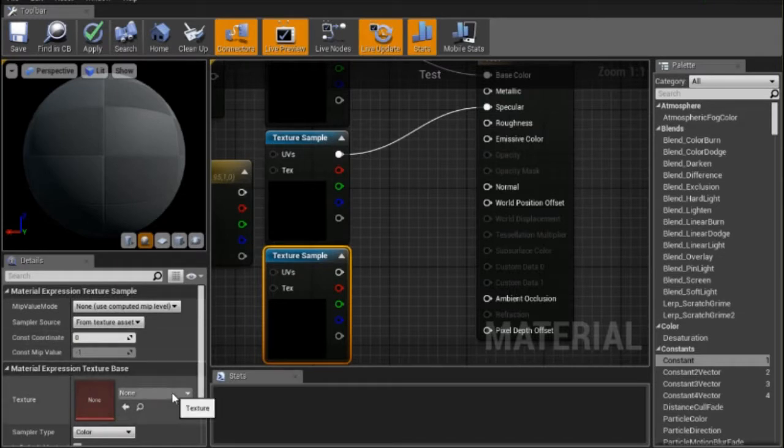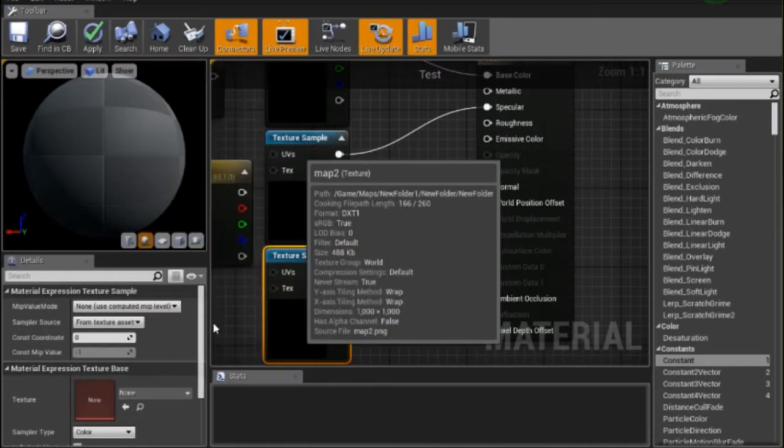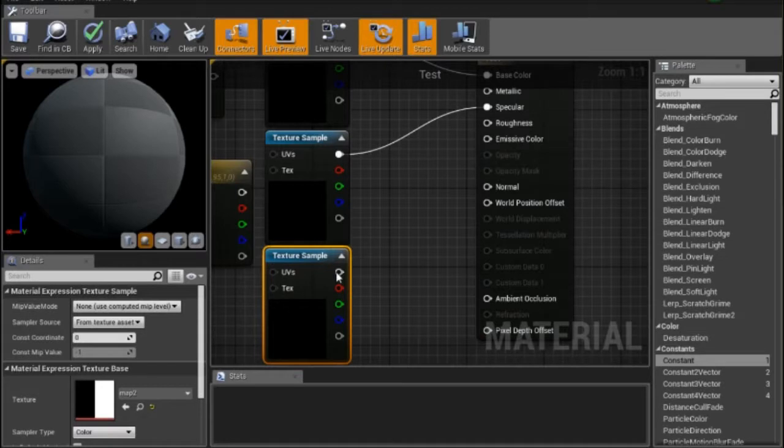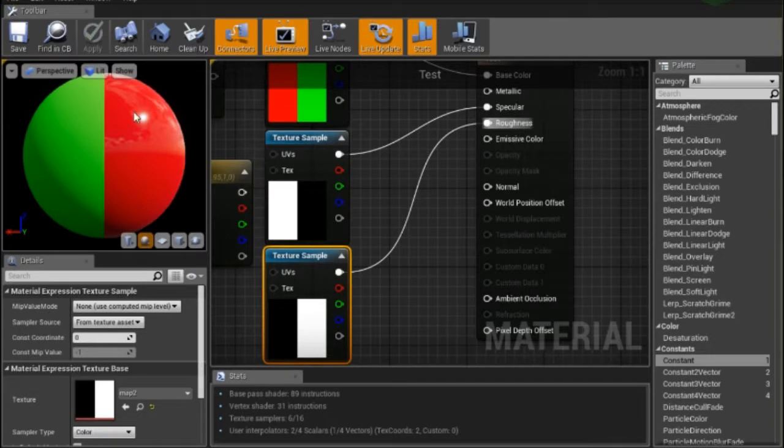And this time we take the map 2 that is reversed, put this into roughness, and I will save this. And we see now here this way we made the red side almost like a mirror, and the green side is still rough and